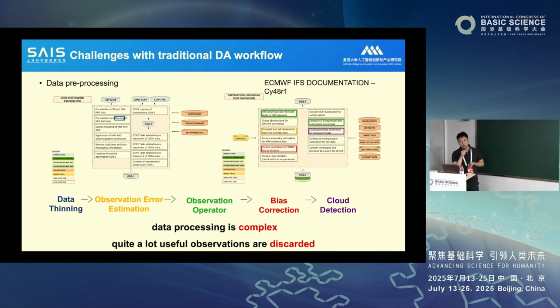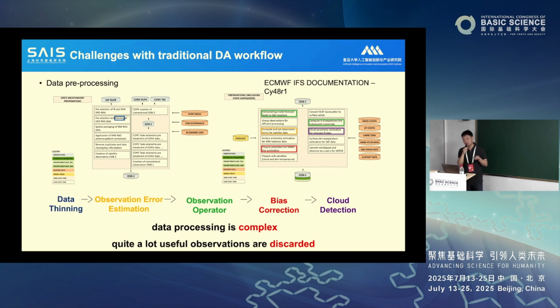And also, a lot of observations are not direct measurements of your weather parameters, not measurements of temperature, pressure, or wind speed. They're actually measurements of radiance or reflectivity. So you need to convert your model weather parameters from the physical space into the observation space to align them, to calculate the error and try to minimize the error in the model forecast.